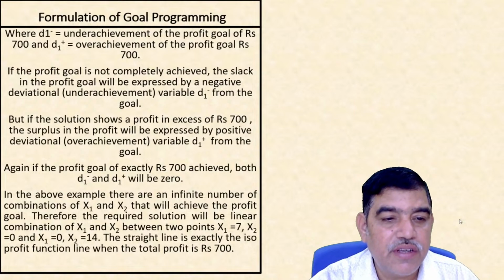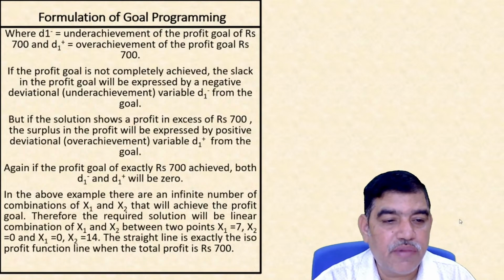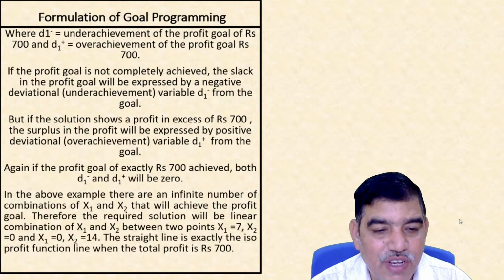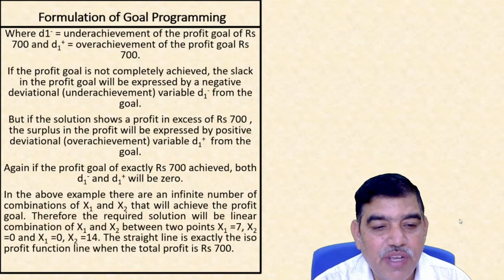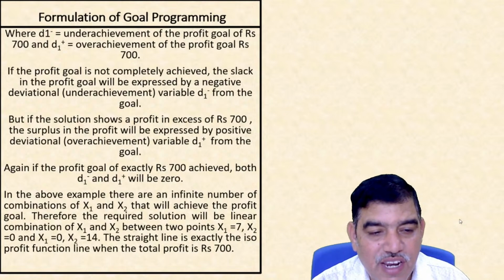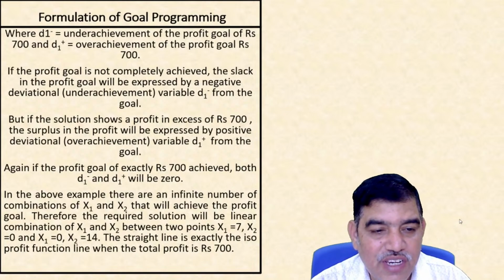The graphical method is explained here in the example. In the above example 1, there are an infinite number of combinations because there is only one constraint goal equation. If I am considering one goal equation, different x1 and x2 values can generate combinations that will achieve the profit goal. That means the points which are lying on the straight line drawn by plotting the points, that is 0, 70 and 0, 14,